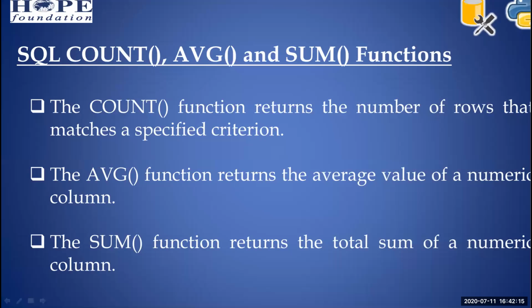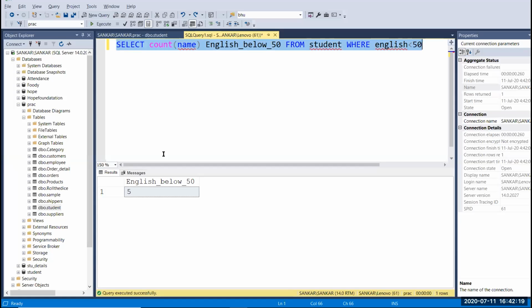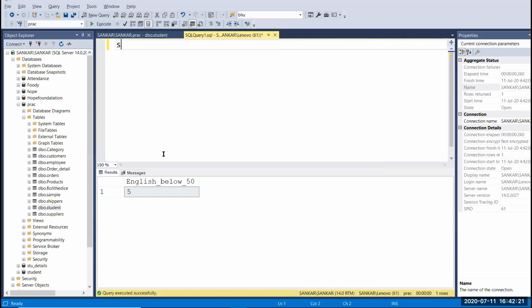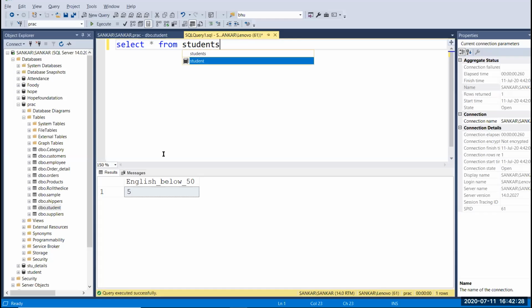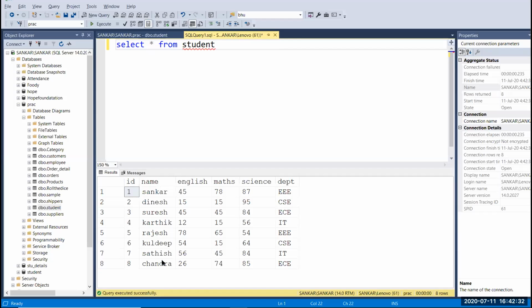So let's see another keyword, that is average. I'm going to delete this and select star from student.